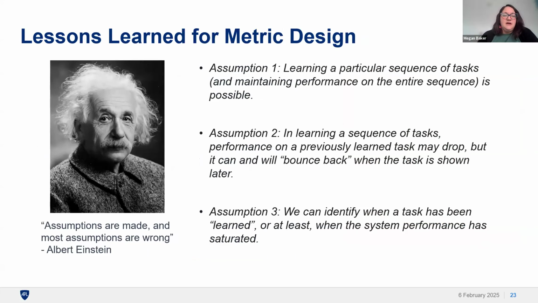So in terms of our lessons learned here, I mentioned the task similarity bit was a real challenge. This was basically assumption 2. If we make the assumption that if you drop in performance, you can bounce back, that might not always hold, right? There are tasks where learning conflicts with other skills, and our assessment of whether a task is similar, in our experience, is based on semantics, that a system may not have those same